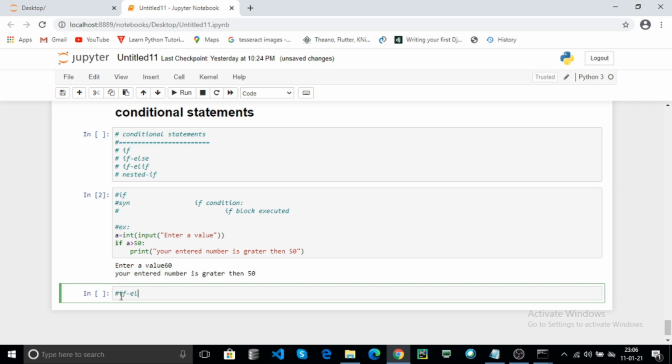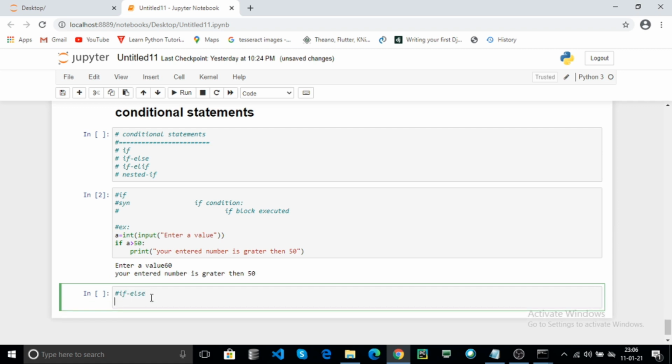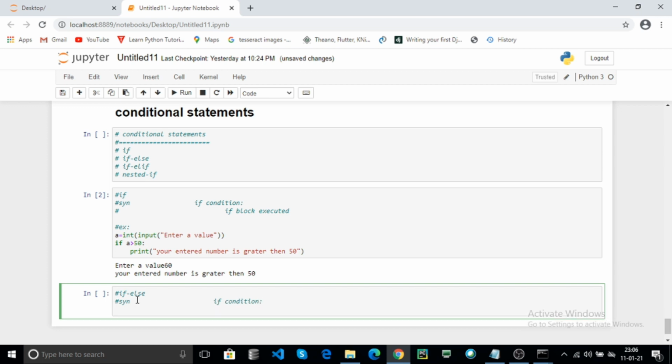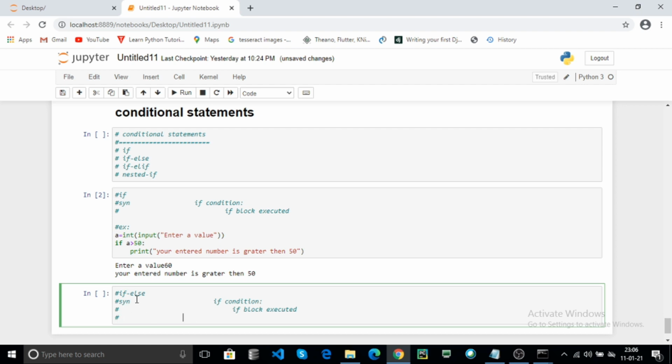And if else, the syntax is: here it checks the condition.